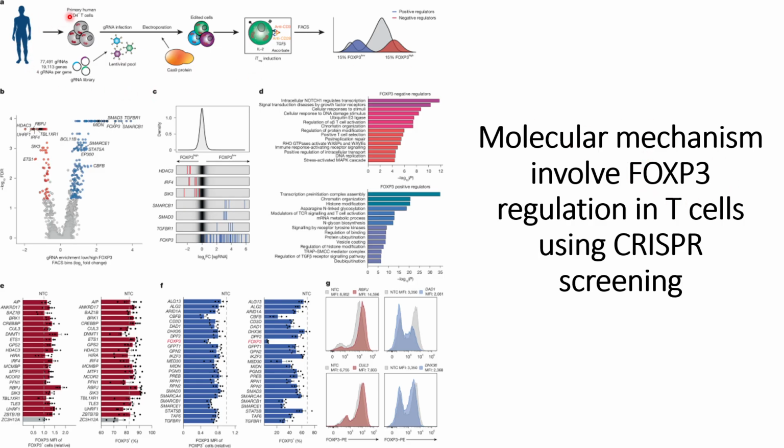They took the primary T cells, that is CD4 plus T cells from the patients, and then transduced these guide RNA libraries using a lentiviral pool, and then electroporated Cas9 proteins. Thereafter, the edited cells were sorted using FACS, or flow cytometry, to differentiate between the cells that express FOXP3 and those that have low expression of FOXP3. Before that, they activated the T cells using this